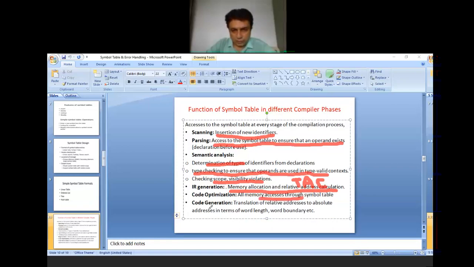And in case of code generation, which is the last phase of the compiler, there is the translation of relative address to absolute address. This is very important, because the absolute address is basically the machine code, which is the input to the assembler in terms of word length, word boundary, etc. So these are the functions of the symbol table in different phases of the compiler.